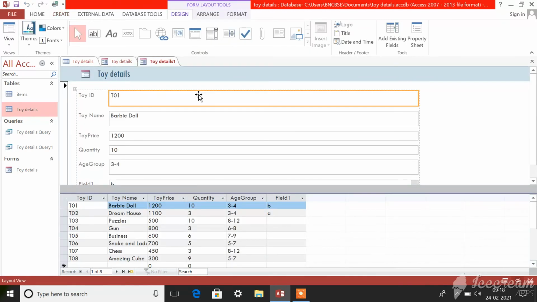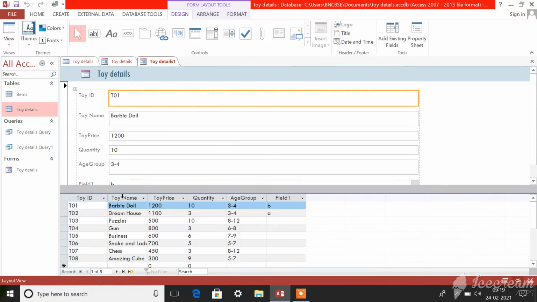Once you select it, you can see that your screen is divided into two parts. The upper part is for your form, and the lower part is the datasheet view of your table. So this is how it will be created if you use this split form method.